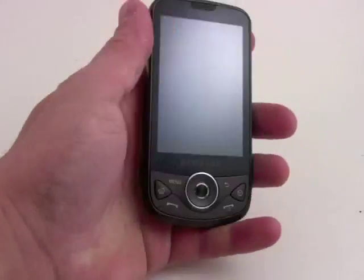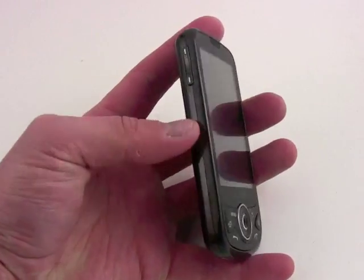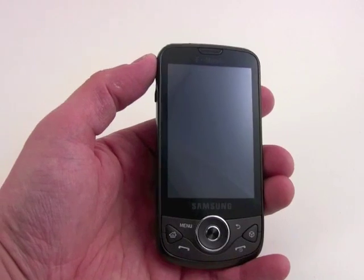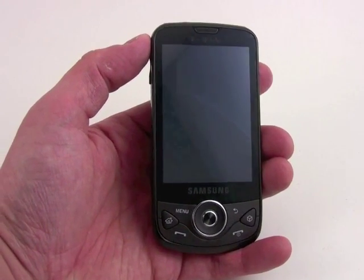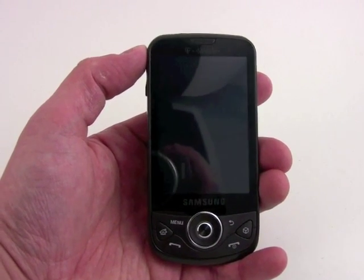It's a big phone, and despite its size, though, it's comfortable to hold. Plastics and materials feel good, and I'd have to say that it feels like it's been well manufactured and put together nicely. So now that we've taken a quick spin around the hardware, let's dive a little bit deeper into